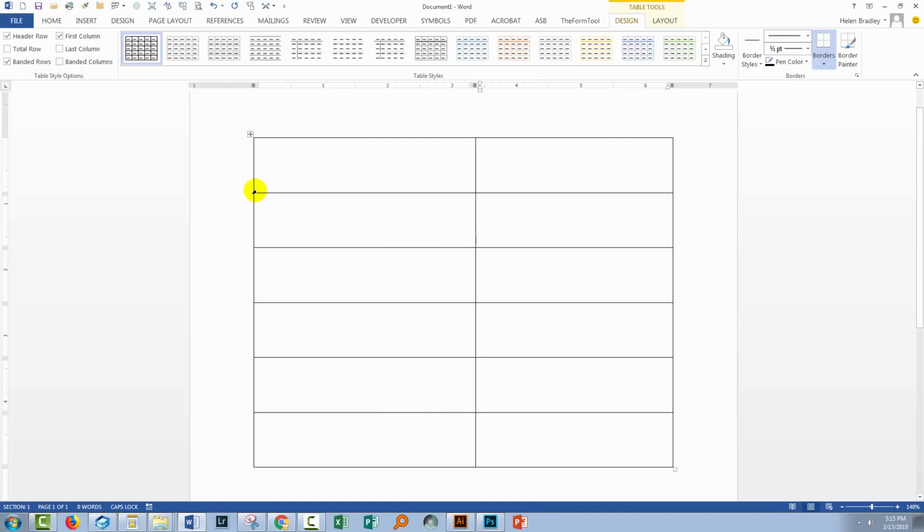You'll place your cell pointer in the bottom corner of a cell in that row. Now it can be either of these, because if you adjust this midpoint, it's going to affect both of these cells. So click here in either of these cells. And when you do, you're going to get the cell content selected. Now there's nothing in this cell right now, but we're seeing that something's happened. We're selecting something. So now if I drag on this midbar, it's going to adjust the width of the cells